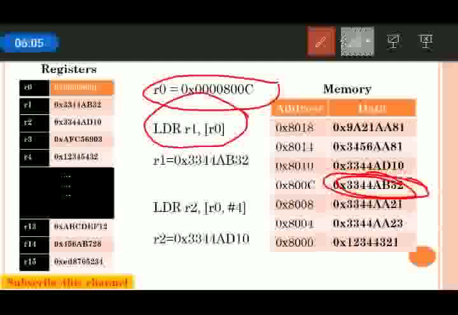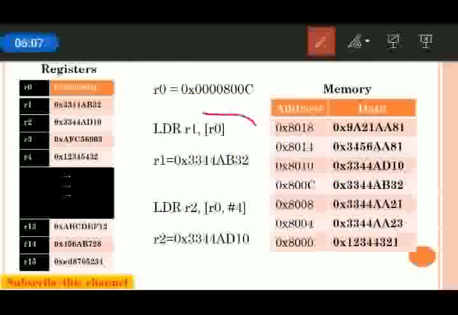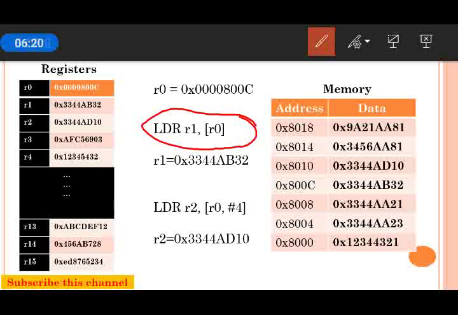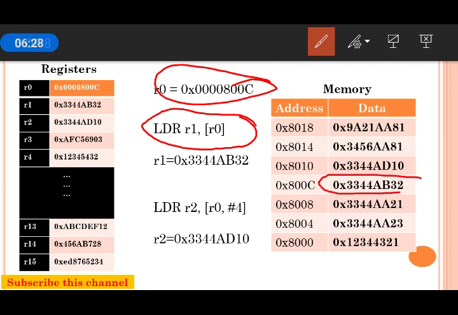Now LDR R1, [R0] will load the data from the memory whose address is contained in R0. R0 contains the address, and from that address the memory content is copied to the R1 register.